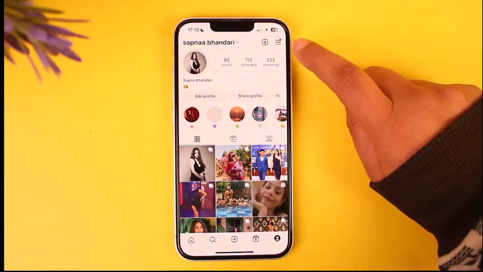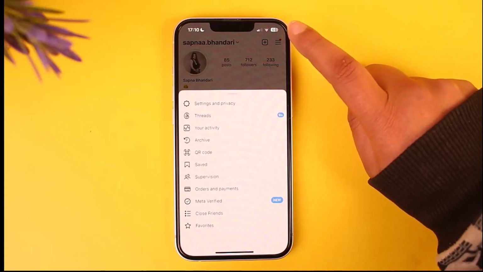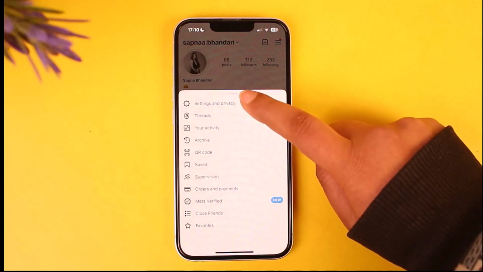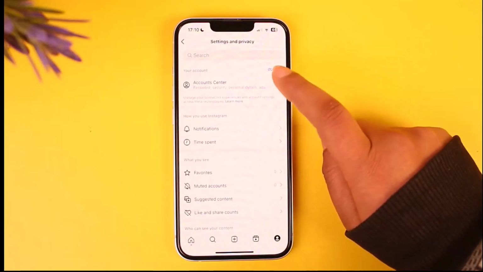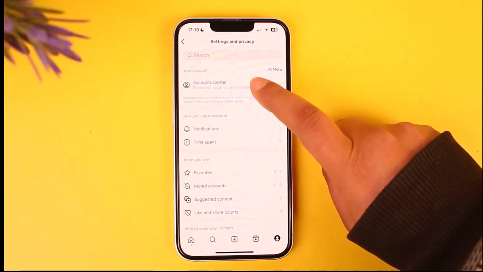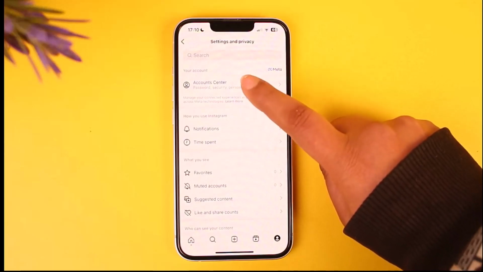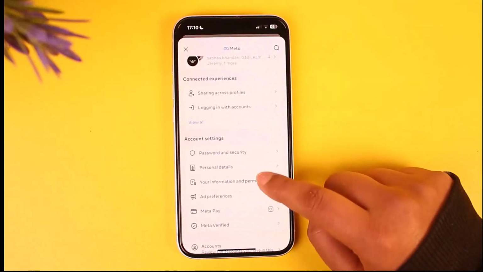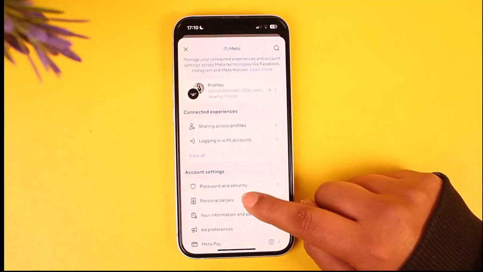Afterwards, tap on these three horizontal lines on top and tap on the option of settings and privacy. Now, the first option here is your account section. You will find Accounts Center. Tap on it. Now over here, all you have to do is tap on this personal details option